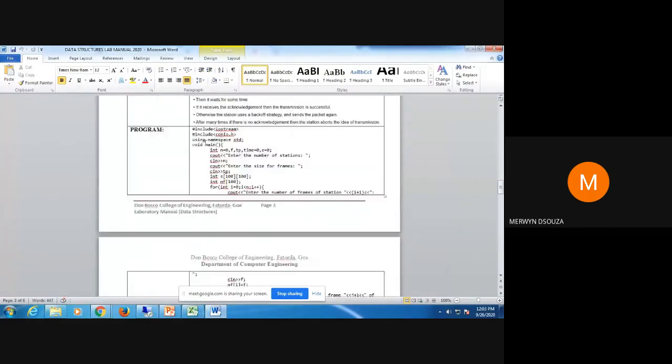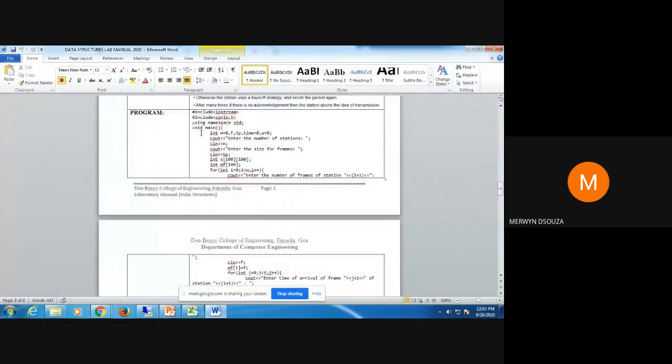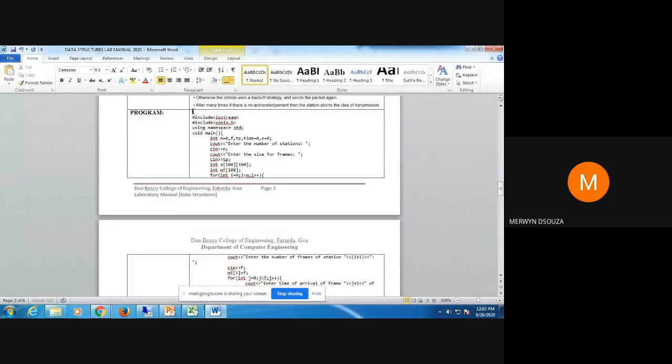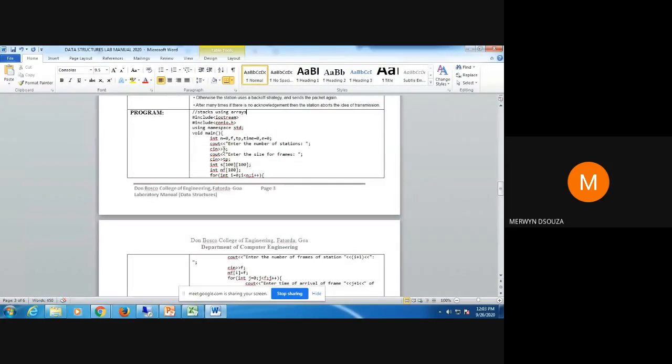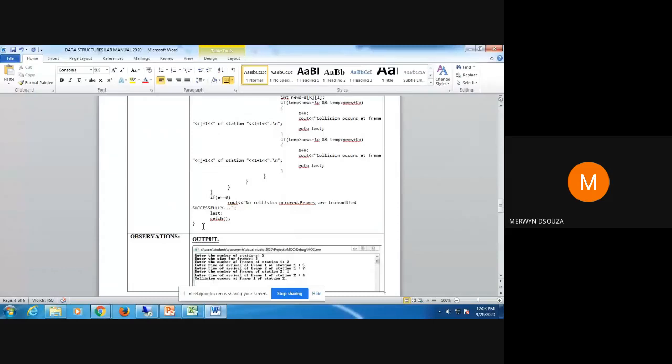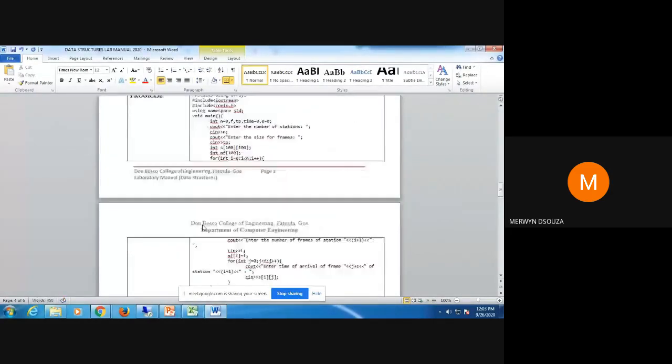Then your program, you're going to put both your programs here. First one is stacks using arrays, and for the second one, put a title here. You're going to put a title using comments. For example, if it is stacks using arrays, you will put it here. I'm giving you this of some other subject, so you have to replace this obviously. Put the title here, and below this, right here itself, you're going to paste the second program, because there are 2 programs.